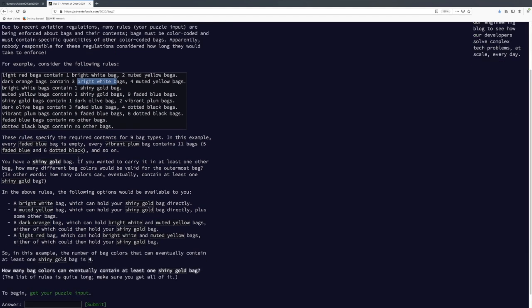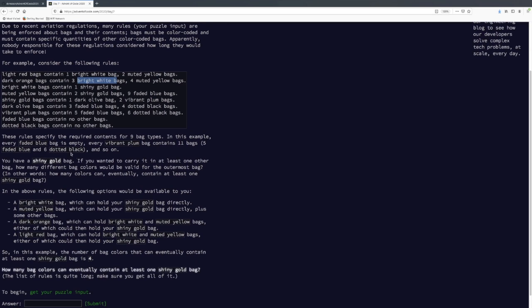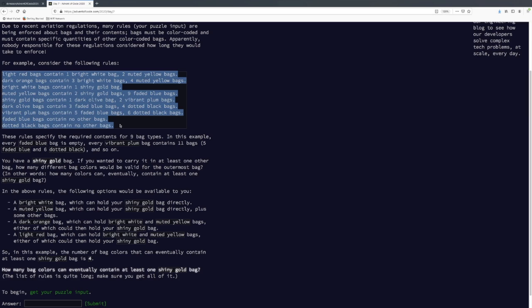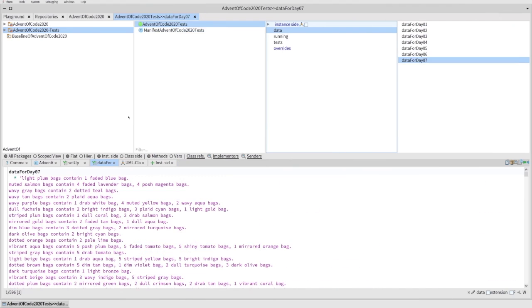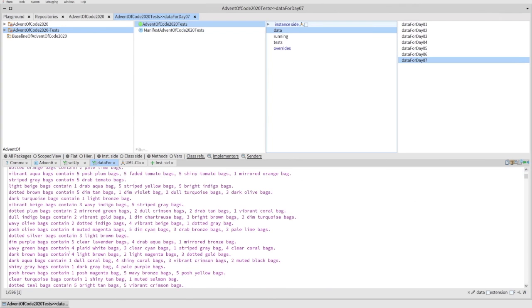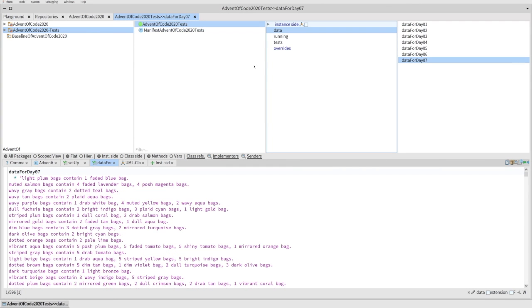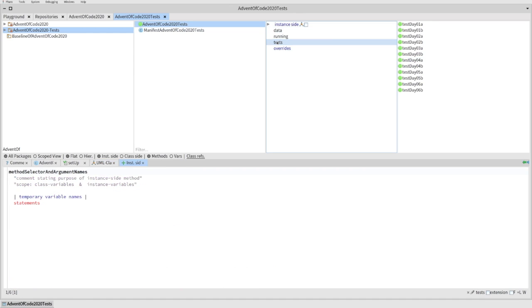Okay? And the test data is many more lines like this. All the lines look kind of like this. So let's copy this over for our test case. And the answer is 4. So let's go over here. So here's what the full data looks like. It just goes on and on and on like this. So it's pretty weird. Okay, so let's add a new test